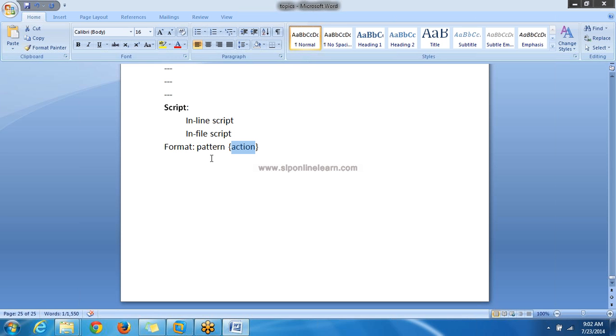If you see the patterns, this awk command supports all the patterns which are supported by egrep. In the grep family we have fgrep and egrep. Whatever patterns egrep supports, all those patterns are supported by this awk command.